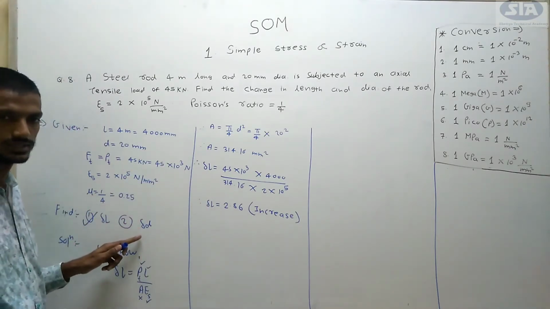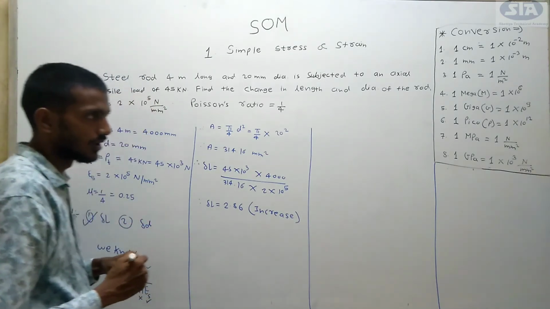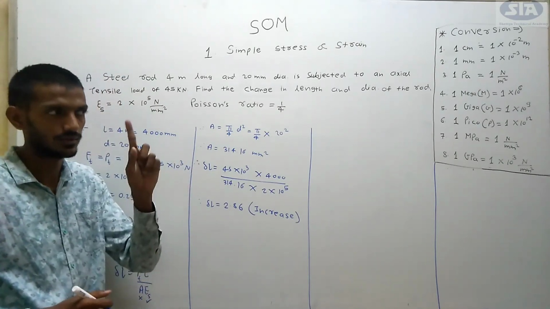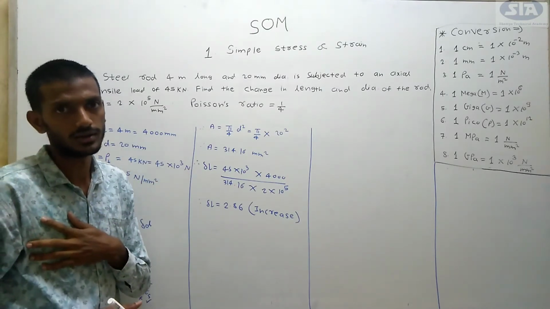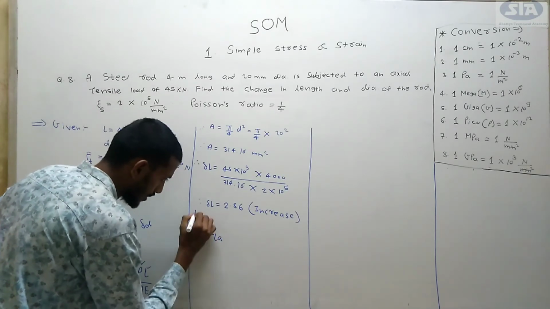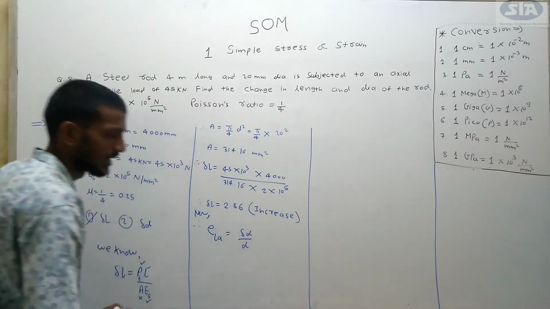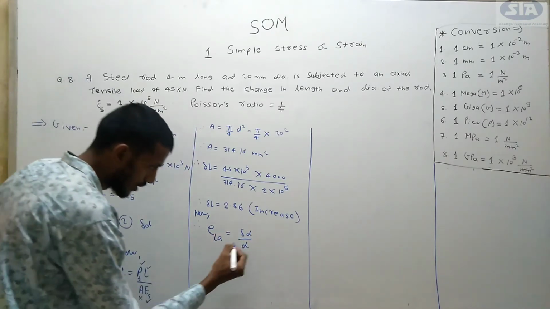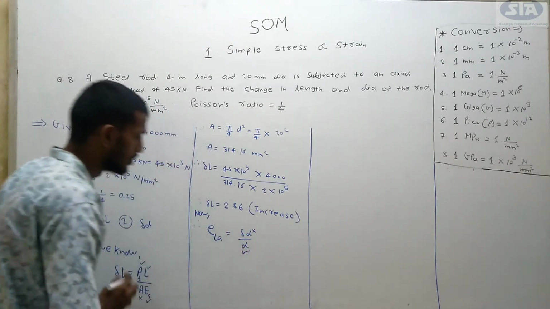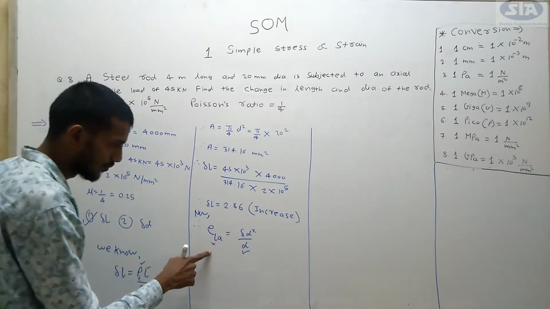Now we have to go for change in diameter. We have to calculate change in diameter. So we already know change in diameter comes in lateral strain. We already discussed there are two types of lateral strain. They are first for rectangle and second for circle. Okay. So we have to know lateral strain. So now lateral strain is equal to change in diameter upon original diameter. Okay. So now from this formula, our aim is to find out change in diameter. We know the original diameter, which is 20, but we don't know the lateral strain. Okay. So now we have to find out lateral strain.